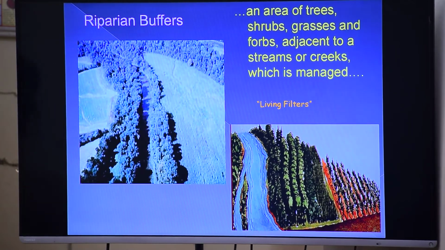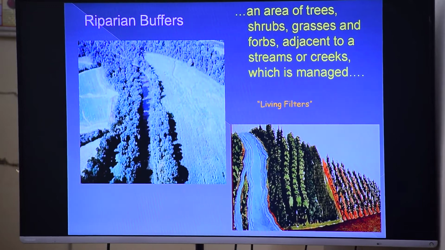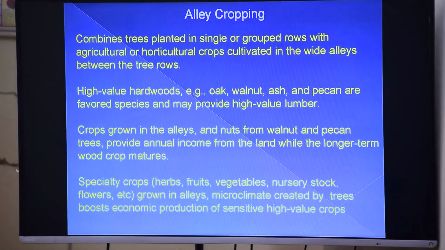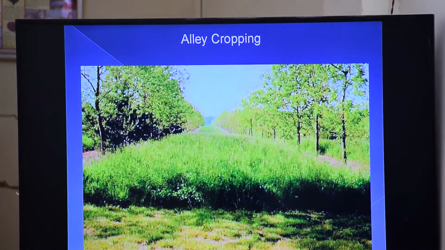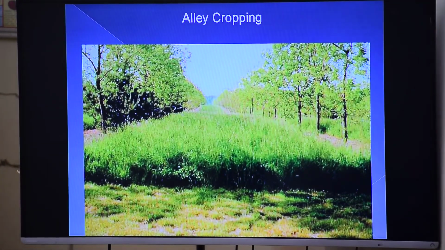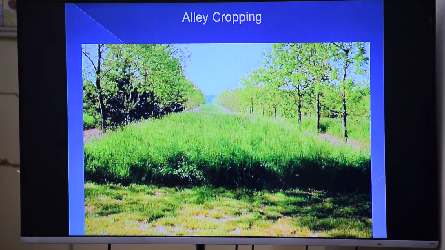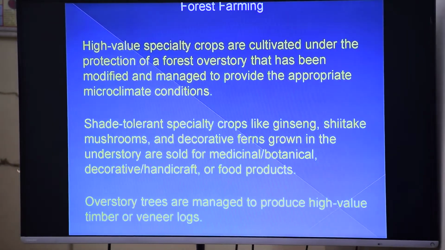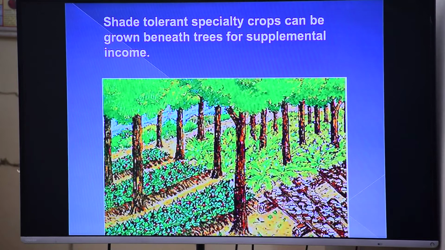Next one is agro-silvopasture. Agro-silvopasture: growing crops, trees and animals together. But generally, in the present time,